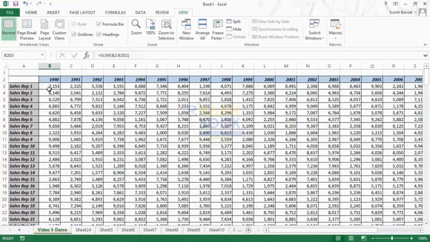The first one is new window. If you go to the View tab, you would find the new window option here. What this does, as the description says, is it opens a second window for your document so you can work in different places at the same time. And this is exactly what it does. When I click on it, look what happens. As of now, the name is Book 1 - Excel. Now when I click on it,